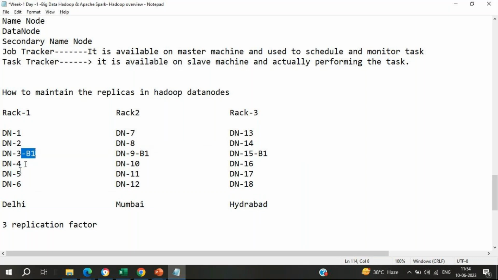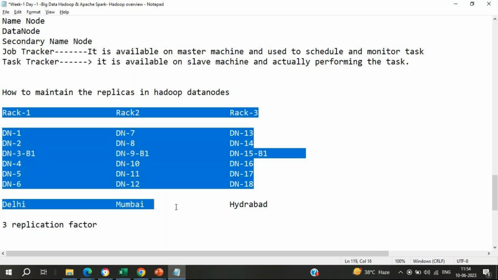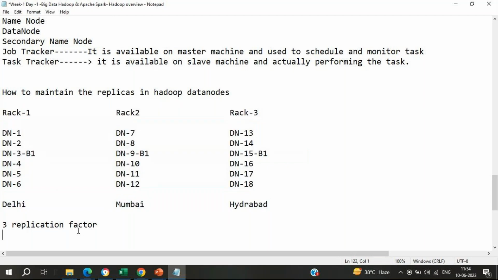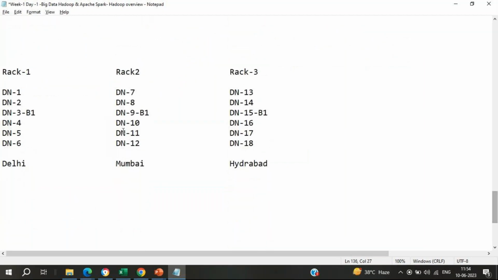The issue with this approach: during natural calamities that is fine, but if we have an issue with this particular node only, say data node 3 is down, then I still need to go to the Mumbai server of rack 2 and fetch the data from there. So what can be another approach? With approach 2, I'm going to put block 2 over here as well, block 7 over here, and